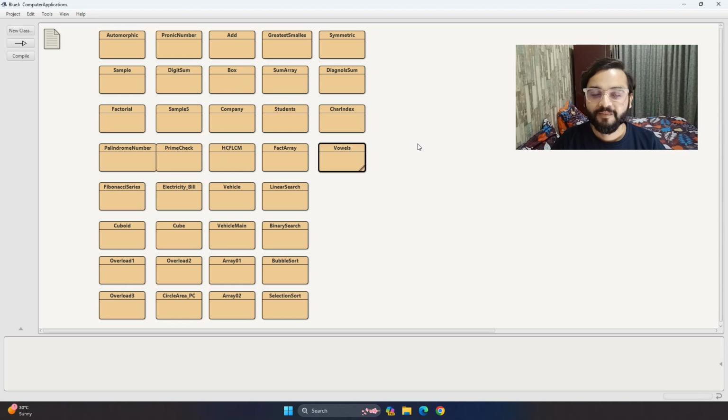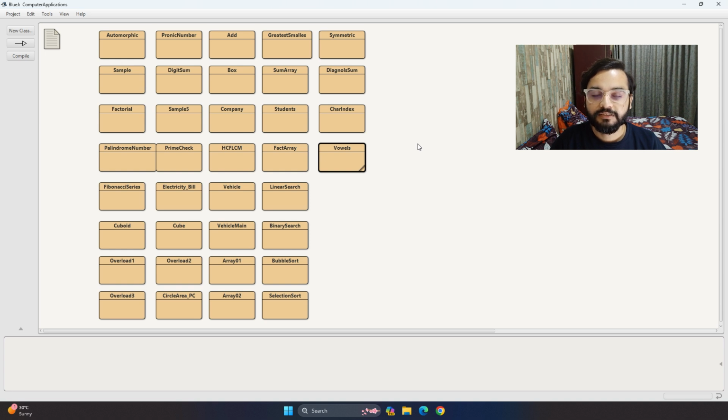Hello everyone. In the previous video we saw how we can count the number of vowels present in a string. In earlier videos I have taught you the different commonly used methods present inside the string, what their uses are, and how we can use them when we need to perform any specific kind of operation. In this video, we will be looking into a question where we will be calculating the number